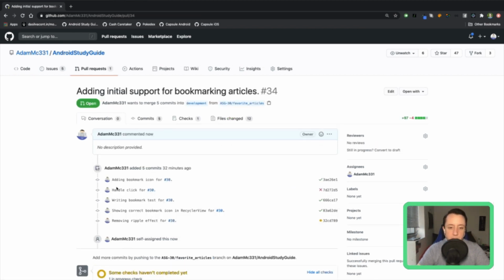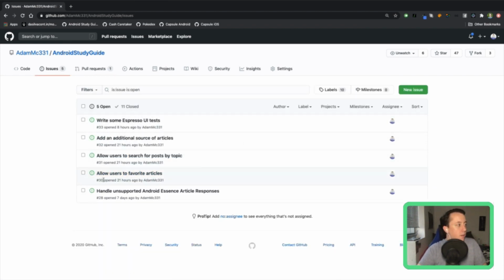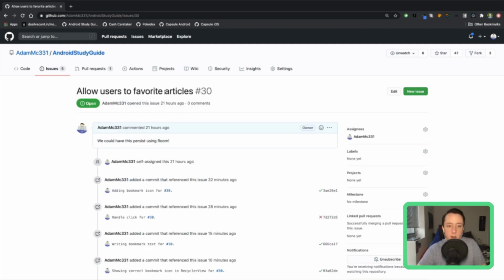Just a fun fact to always repeat if you haven't seen this, because I talked about it way back on the very first stream. If you are storing your project in GitHub and you're also using GitHub issues for keeping track of what you want to do, if you take the issue number, so here we're working on favoriting articles, and this is number 30.